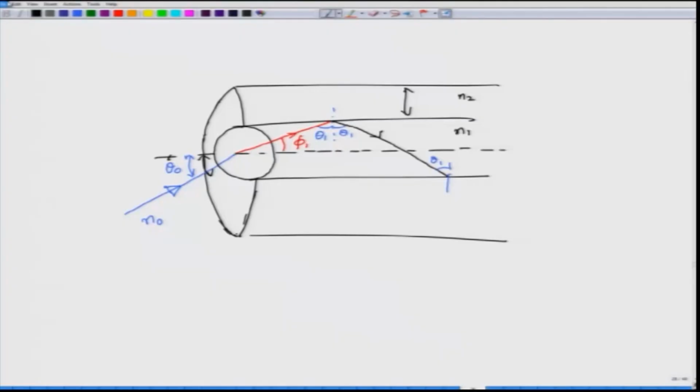I hope you remember this picture that I have drawn here, where we had light incident from N0, which is coming from outside, making an angle of theta 0 with respect to the axis of the fiber, which is the normal to this optical fiber and air interface. Once it hits the core, or the optical fiber end face, it gets refracted into